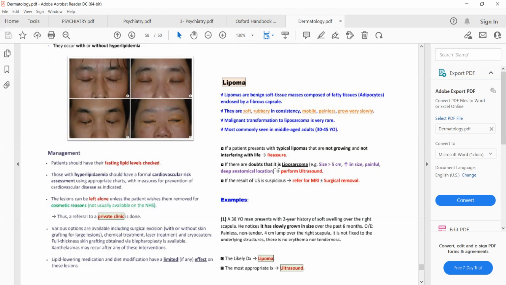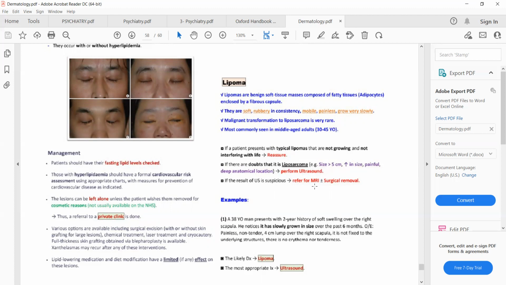And if there is doubt that this has converted into liposarcoma, you will suspect liposarcoma if the size is more than 5 centimeters, if there's a sudden or rapid increase in the size, if it's painful, or if it's in a deep location. Then you will perform an ultrasound. And if the ultrasound features are suspicious, then you will refer the patient for an MRI